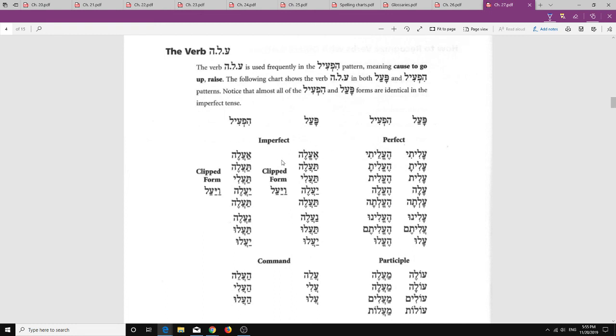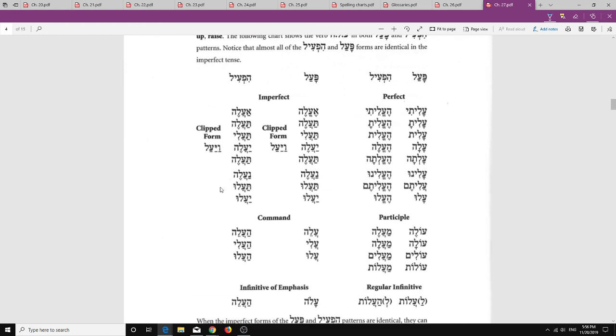Okay, so our first one is not the case. There are some slight vowel differences, although unless you're attuned to those differences, they still might be confusing. But notice our second person forms are exactly the same. Our third person singular forms are exactly the same. Our first plural is the same. Second plural is the same. Third plural is the same. And look, even the clipped form is the same for both the hifil and the pa'al patterns. So when you come across this word in the wild, as we might say,